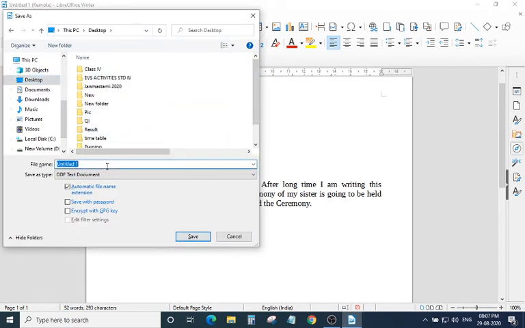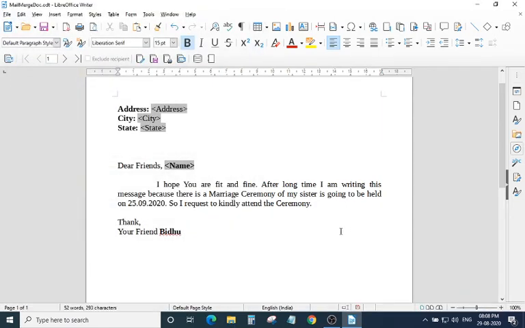Whatever name you want to choose, you can save it. I will save this file with the name mail merge doc on the desktop. Next, click on save. Now the document will save.